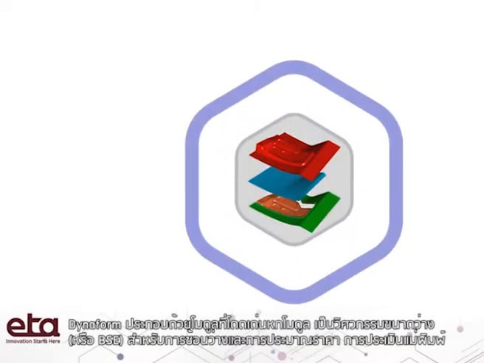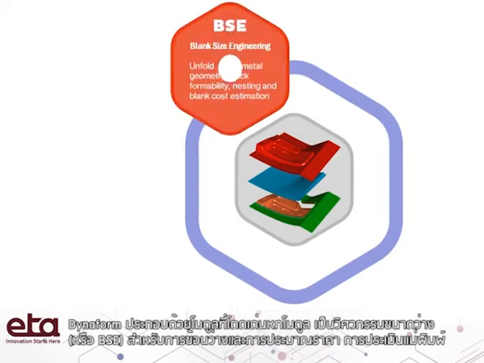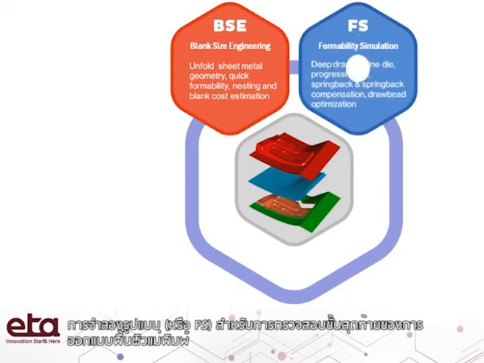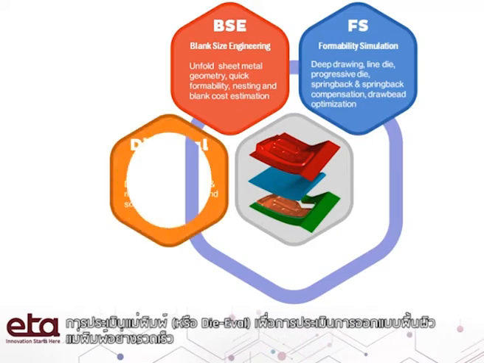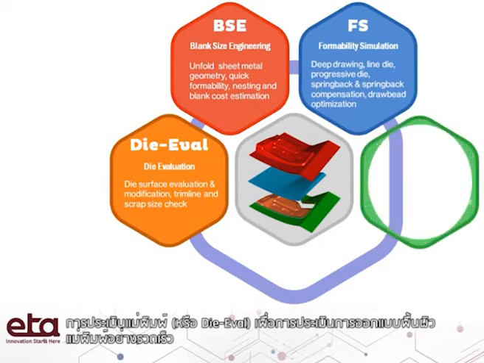Dynaform consists of 6 distinctive modules. These modules include blank size engineering for blank nesting and cost estimation, formability simulation for the final validation of the die surface design, progressive and line die simulation, die evaluation for quick evaluation of the die surface design, die system